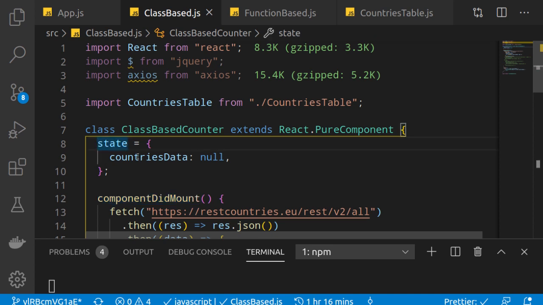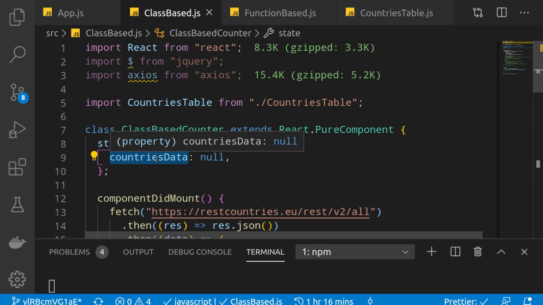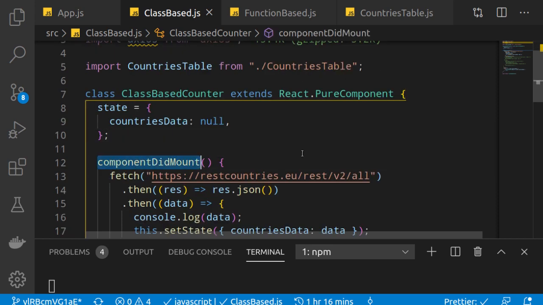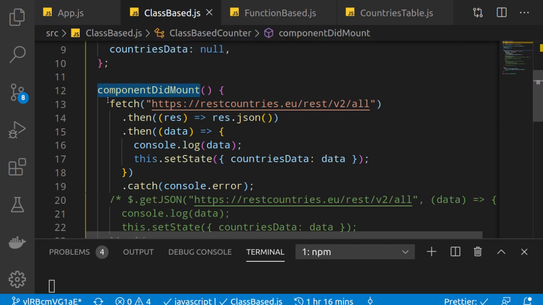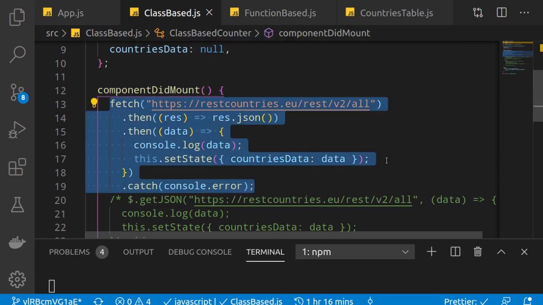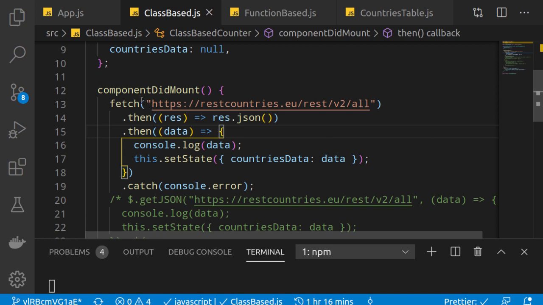I have simply created a state here called countriesData, and what I need to do is fetch some information and set that data in this state, and then finally React will render that, right? So in componentDidMount, I've used the JavaScript inbuilt method fetch, and this is very simple where we write the URL. This is the URL which I am fetching for getting all the countries data, and then what we need to do with fetch is convert the response into JSON.